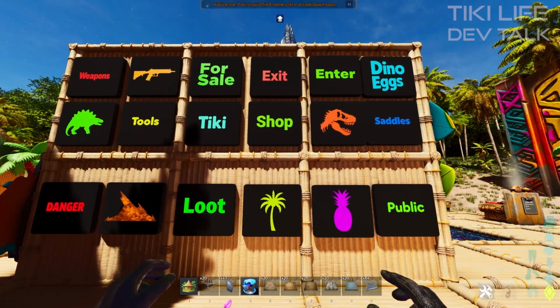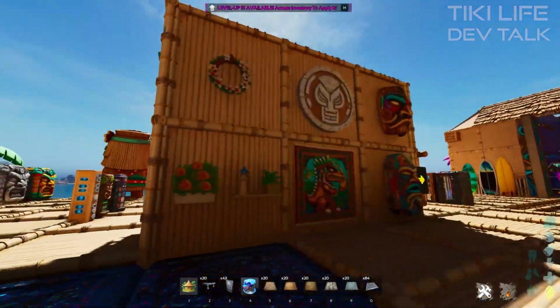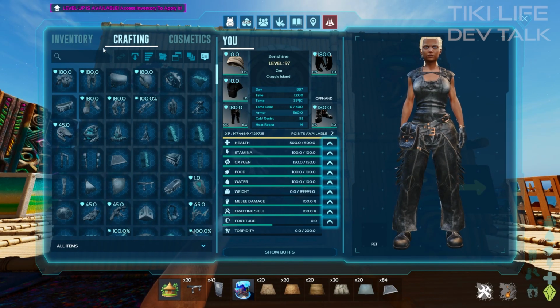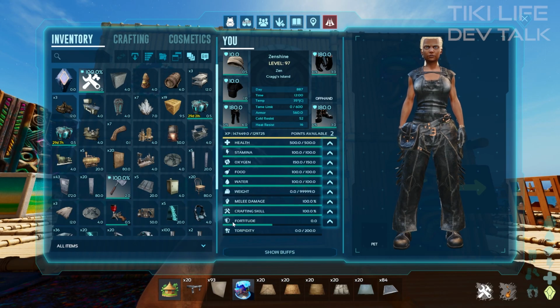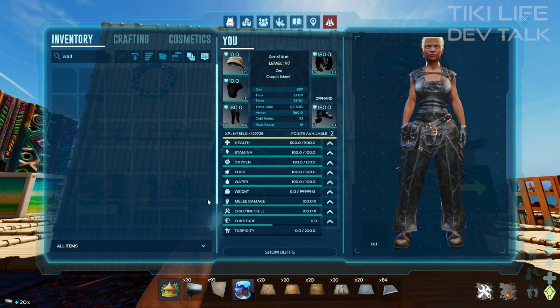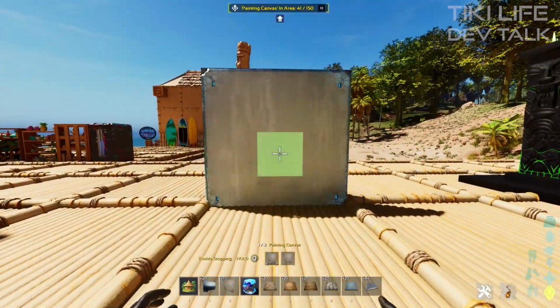You can place these on storage boxes or whatever it is you want to do to make it a little bit organized. And then we have wall signs. So these go on a canvas. All you really need to do for this is make sure that you have a canvas like this. You would need a wall, which I think I need to craft. There we go. And all you got to do is place down the wall, place down the canvas, and you're